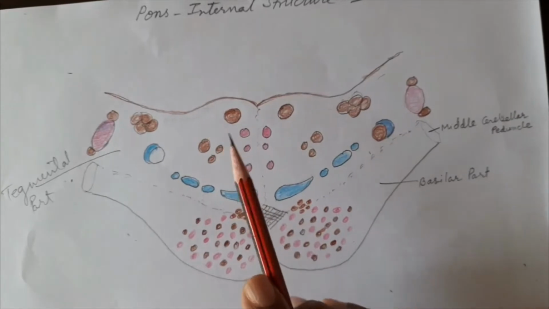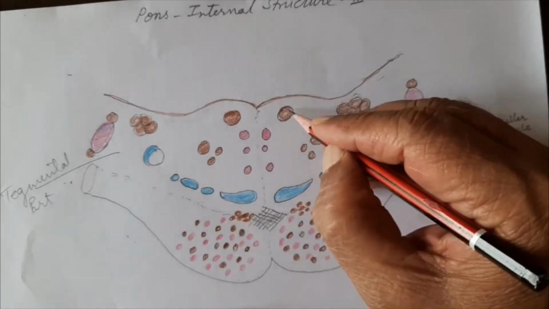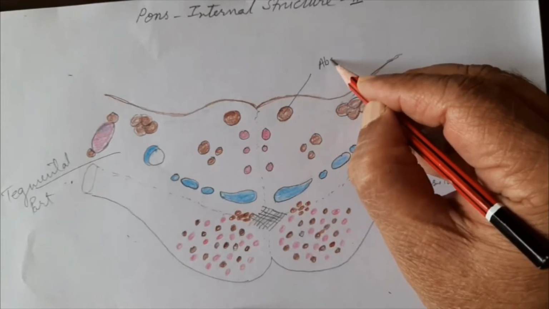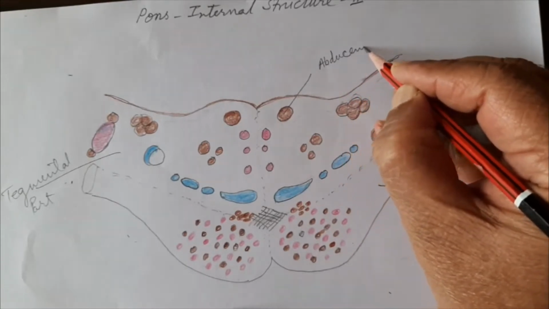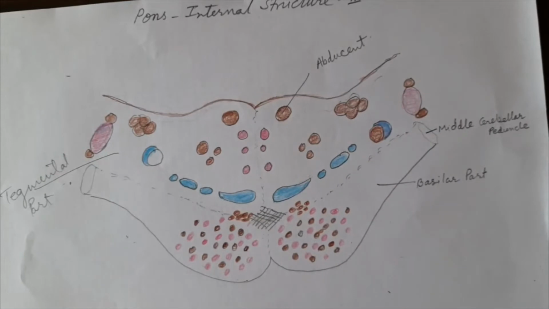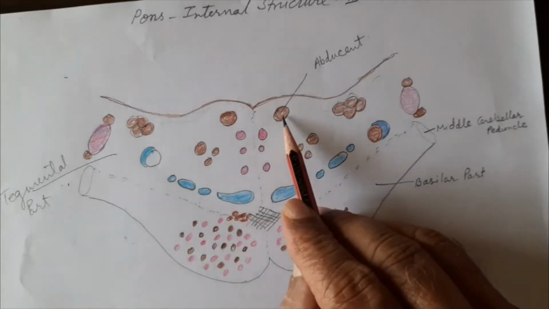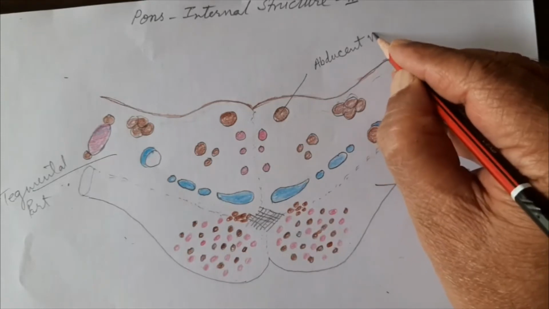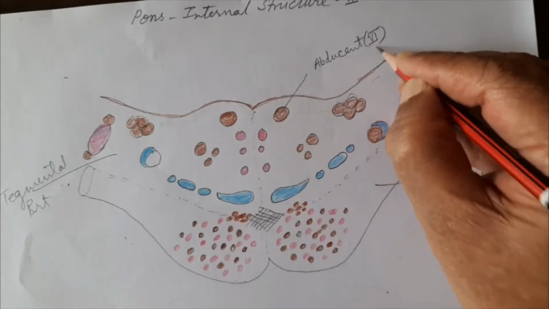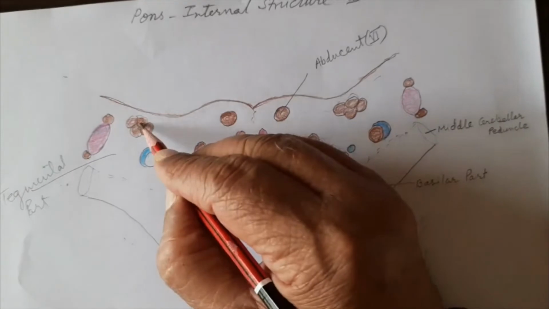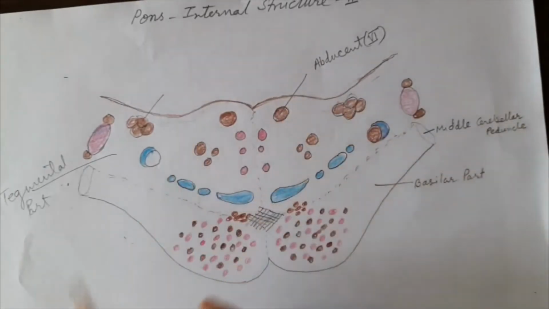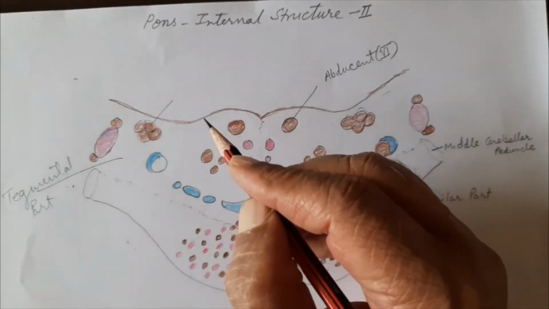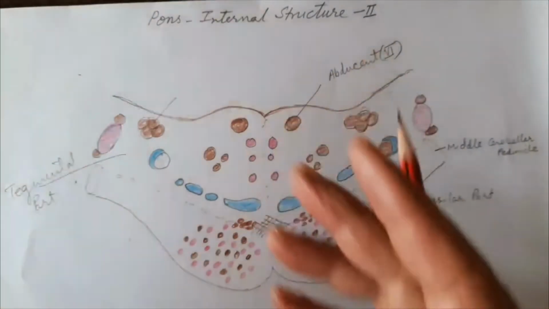This first nucleus is the abducent, which is on either side of the median plane. This is the sixth cranial nerve nucleus, which supplies the extraocular muscle of the eyeball. Lateral to this, in the vestibular area in the floor of the fourth ventricle, we have learned that there is the presence of the vestibular nuclei.